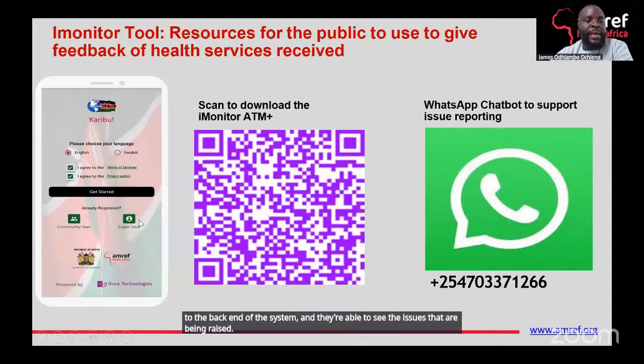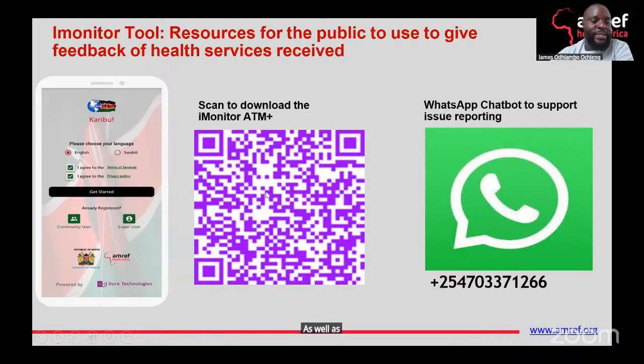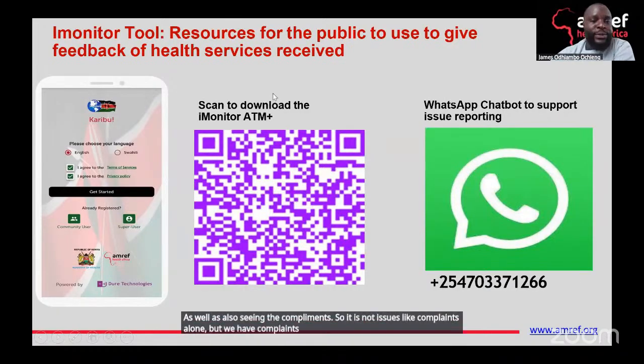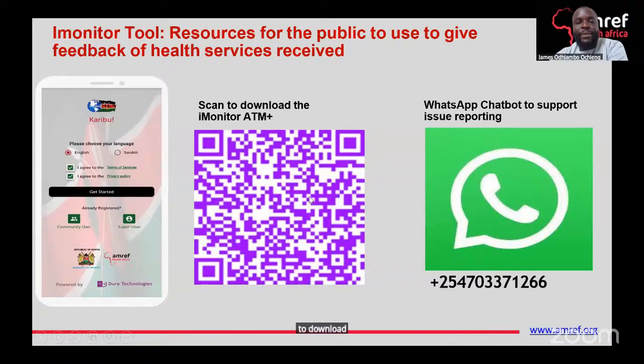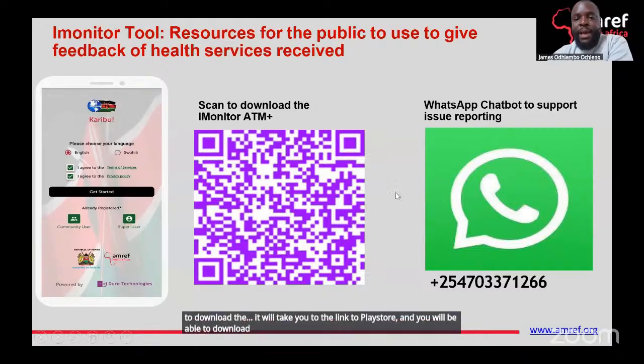So their main role is to support in addressing the issues that are being raised from their communities, as well as seeing the compliments. So it is not issues like complaints alone, but we have compliments as well. You can scan this QR code, and it will take you to the link to the Play Store, and you will be able to download the iMonitor.